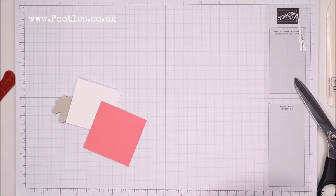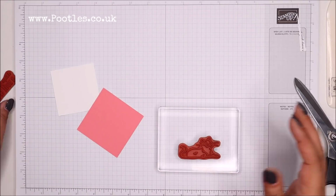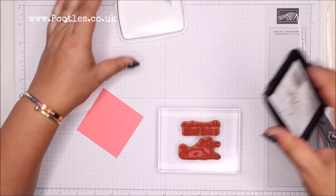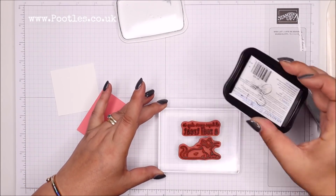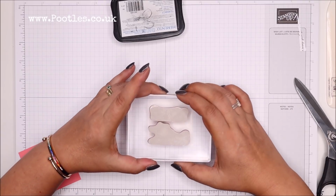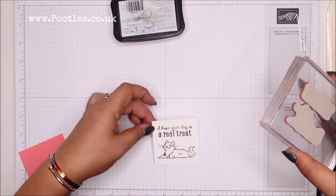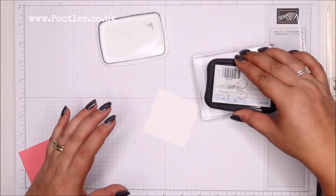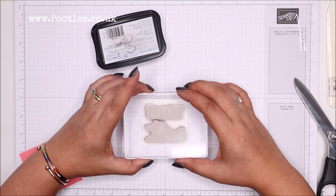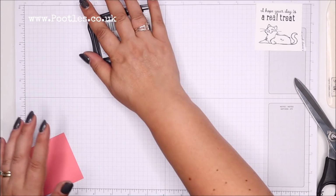Okay, and let's get a nice big block. Probably far too big, but that's okay. So I'm using my grid paper to line up the cat and line up the words. I've got my memento. Let's hope this works. So I'm going to put my piece of cardstock on there. A little bit wibbly, but we've got the emergency reverse. Let's try that again. Better. There we go. So I'm going to leave that to dry for a second while I get my box